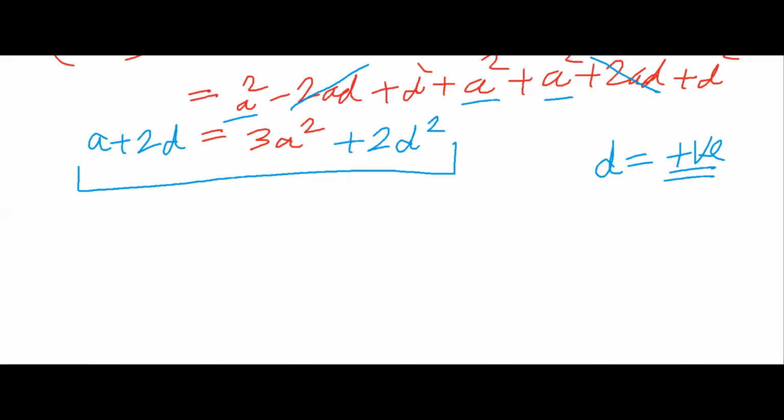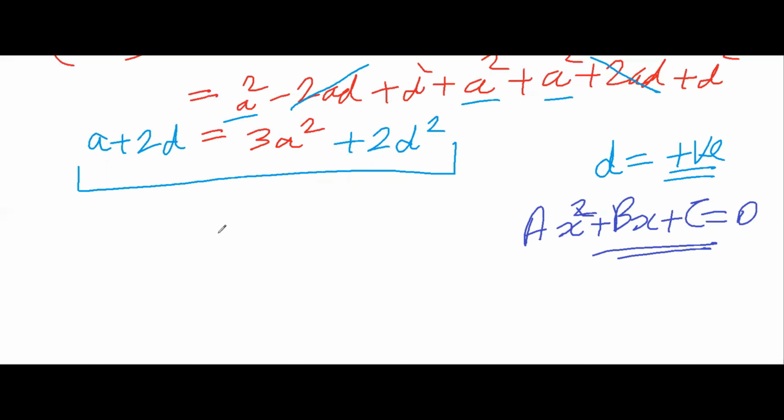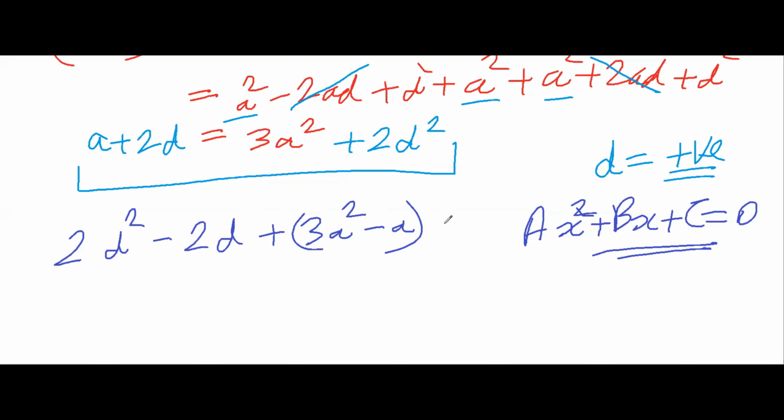ठीक है, तो मैं इसको अभी कैसे लिखूंगा? इसको मैं क्वाड्रेटिक इक्वेशन के फॉर्म में लिखूंगा। क्वाड्रेटिक इक्वेशन का फॉर्म क्या होता है? वो होता है ax square plus bx plus c is equal to 0। इस फॉर्म को कहते हैं क्वाड्रेटिक इक्वेशन। तो मैं क्वाड्रेटिक इक्वेशन बनाऊंगा इसको किस फॉर्म में? D के फॉर्म में। तो पहले लिखूंगा मैं 2D square, फिर लिखूंगा माइनस 2D, फिर लिखूंगा प्लस 3A square माइनस A इज इक्वल टू